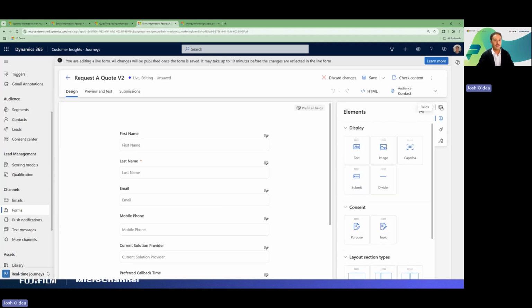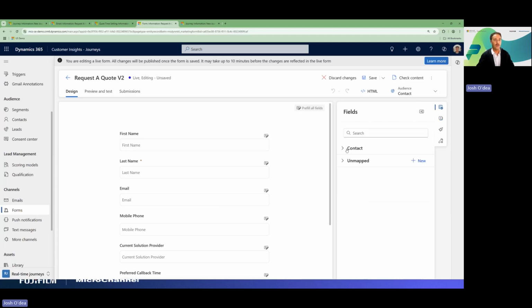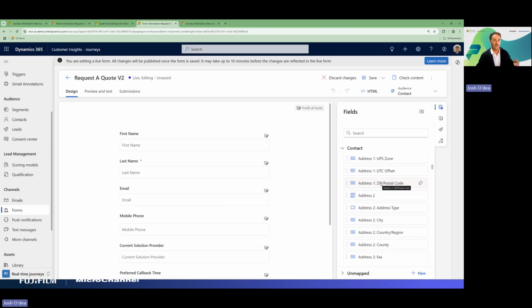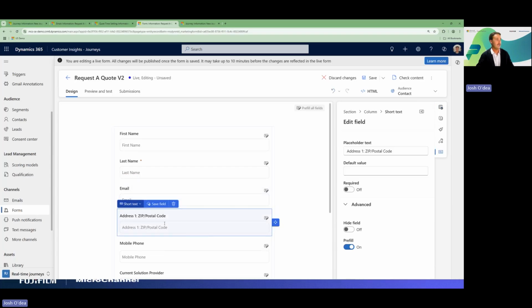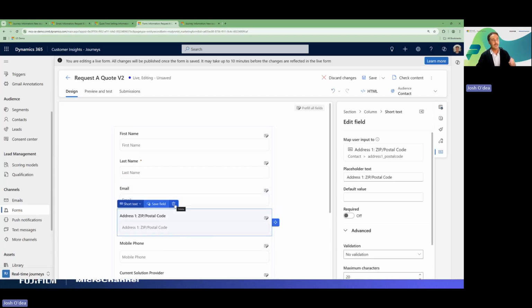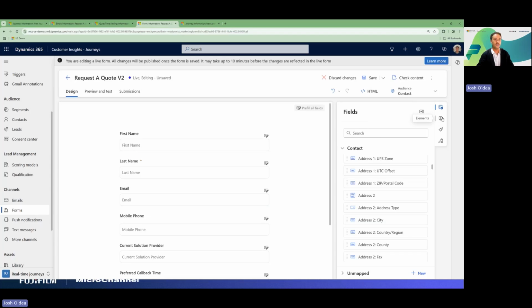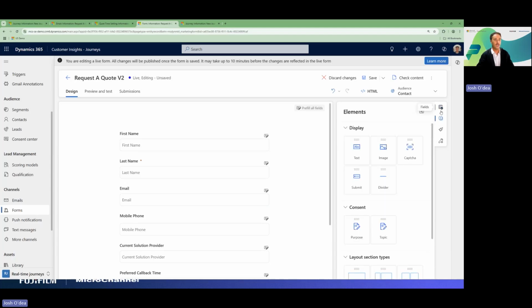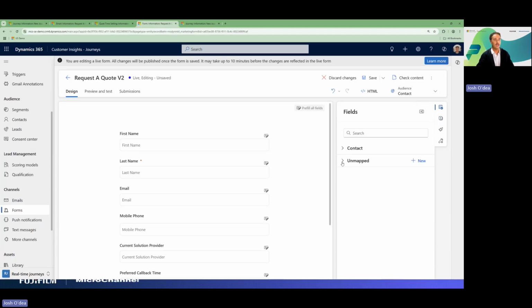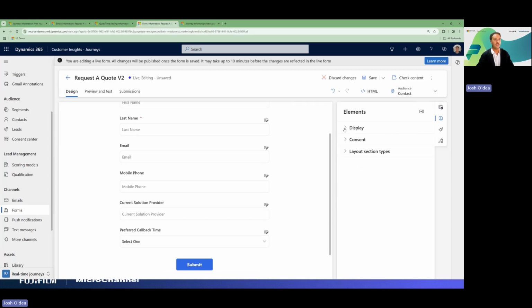And what I mean by the custom form fields, traditionally we had all of the fields that were listed in our database, and when we wanted one of those on the form, we could simply drag it in. But we were limited in that we couldn't add those additional fields. So now we can go in and actually create what we call an unmapped field. And an unmapped field is just any custom field that we want. So once we drag that in,